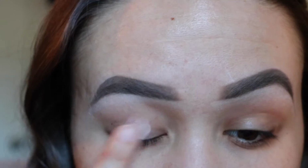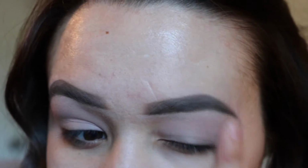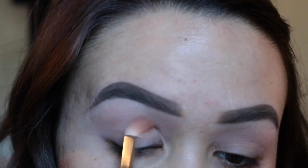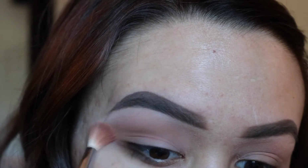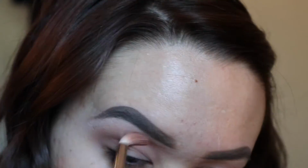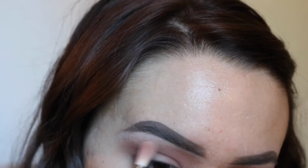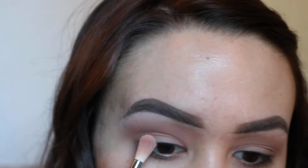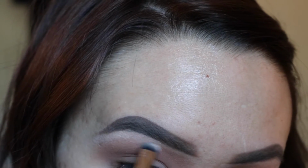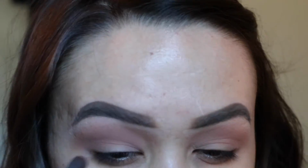Then, for eyeshadow, this actually came in the September BoxyCharm box, and it's the Studio Makeup On The Go eyeshadow palette. The shadows are actually pretty pigmented, and I'm liking it so far. I've only used it twice, and I've only used about 3 colors, I think. But so far, each color that I've used has been pretty pigmented. Yeah, I'm just putting that underneath the brow bone, cleaning it up a little bit,